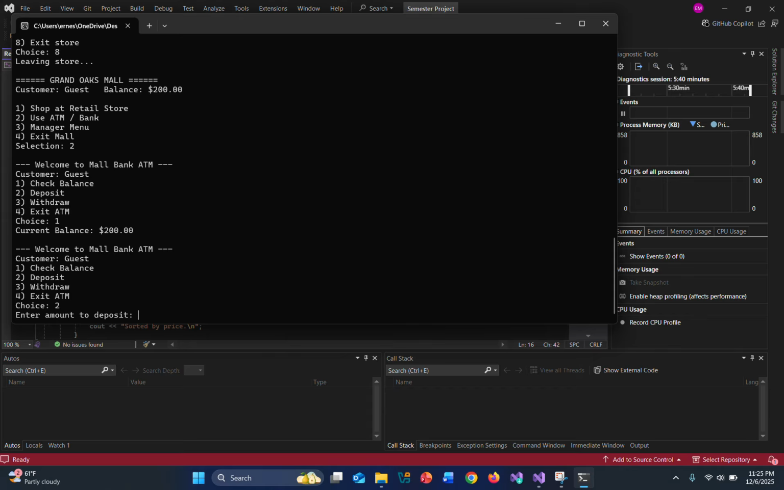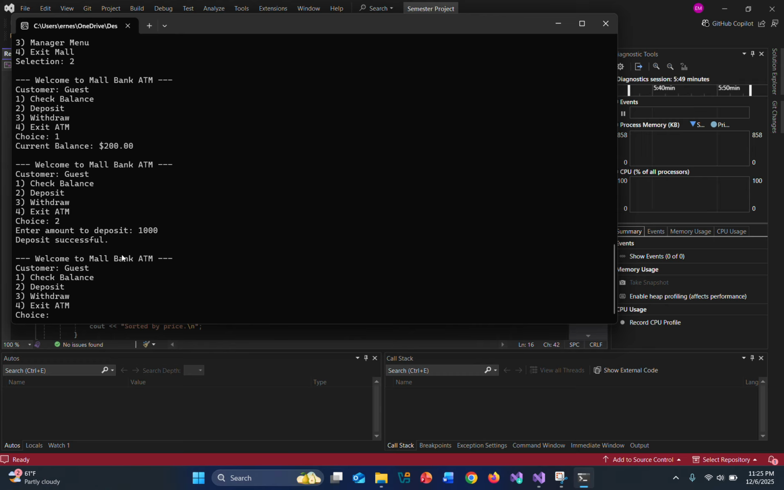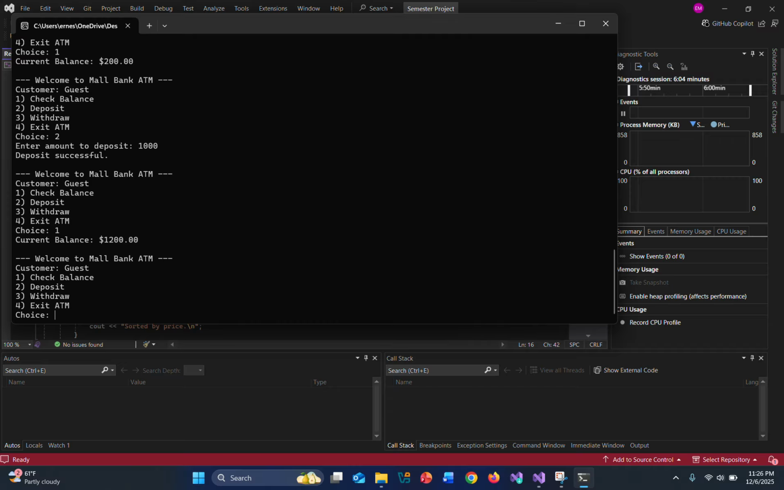All right, and then we're going to enter the amount we want to deposit. Let's go ahead and have $1,000 because, well, it might be Black Friday, Cyber Monday, who knows? We just need to have that extra cash on us to take all those nice deals. And now deposit was successful, so we want to double check our balance. We're going to press 1, and we have $1,200 sitting there, ready to be used up,